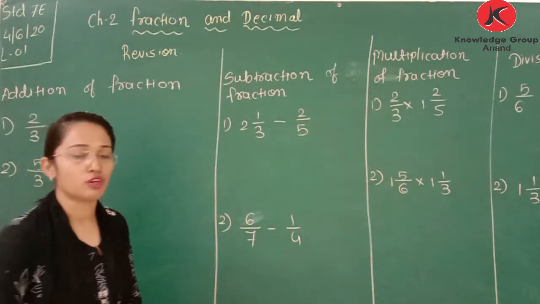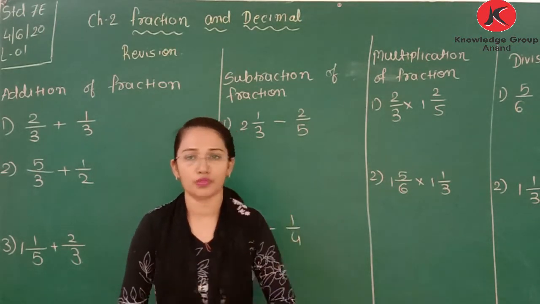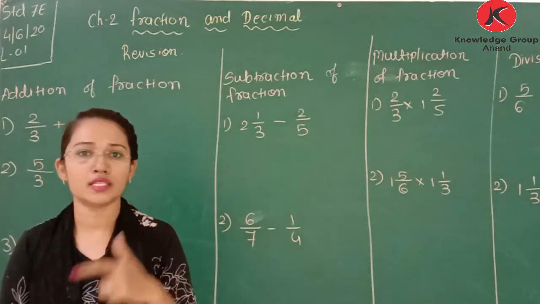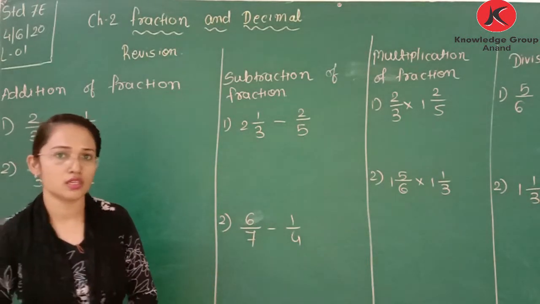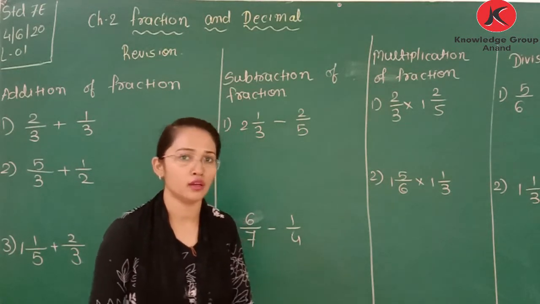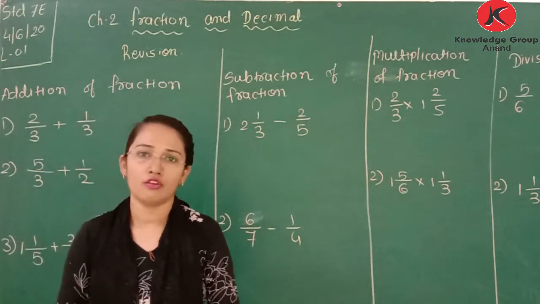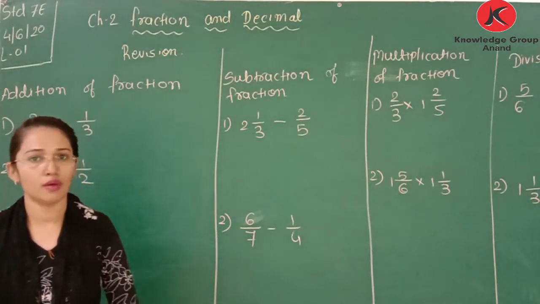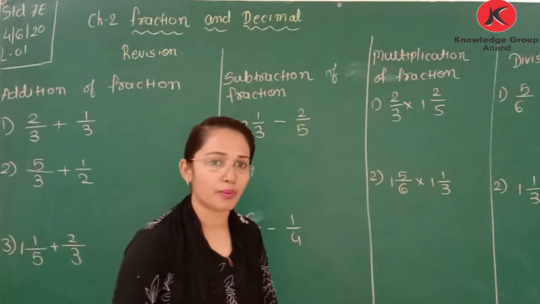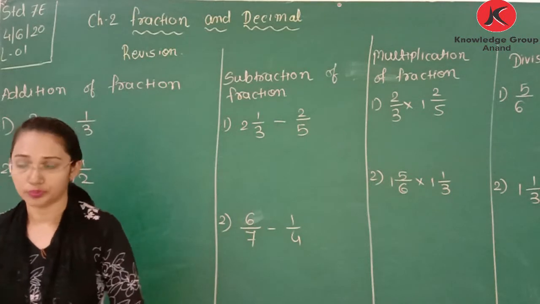Proper fraction. What is proper fraction? When numerator is less than denominator. Improper, when numerator is greater than denominator. It is improper. And what is mixed fraction? It is combination of whole and part of fraction. Okay, whole part અને fraction part બંને સાથે હોય એને શું કહેવાય? Mixed fraction. Which fraction is converted into mixed fraction? Improper. જે fraction improper હોય એને mixed fraction માં convert થાય.